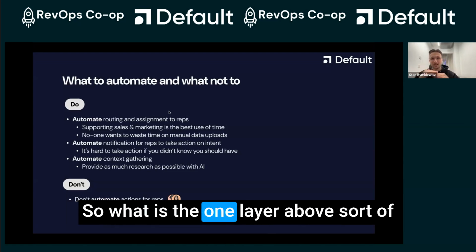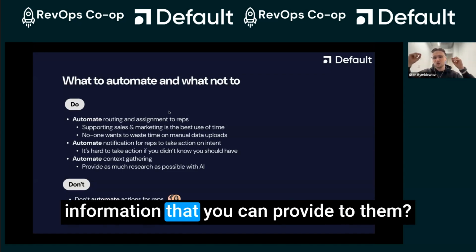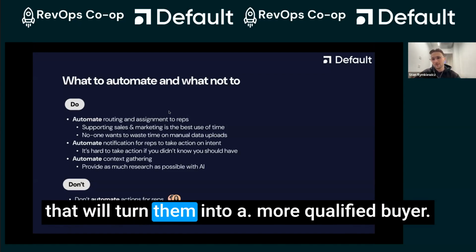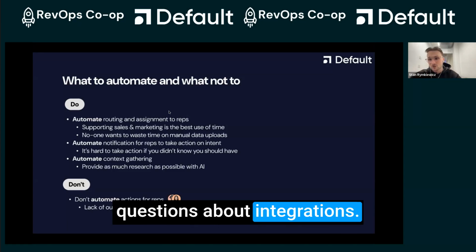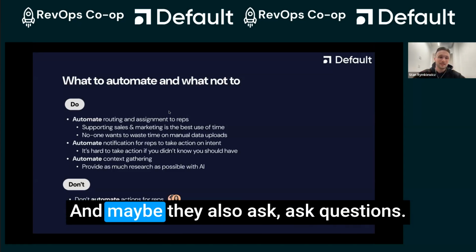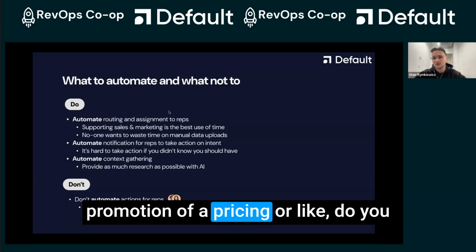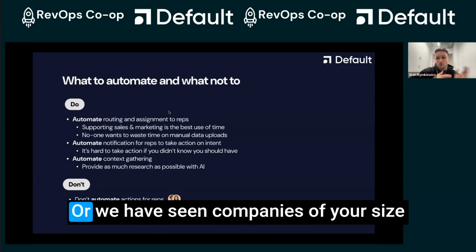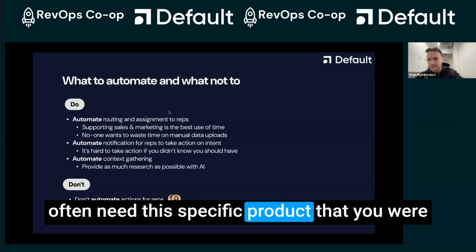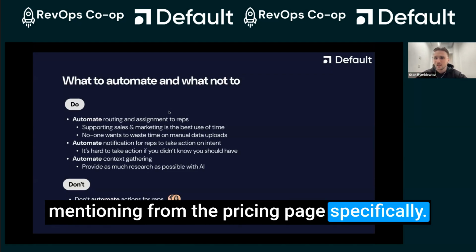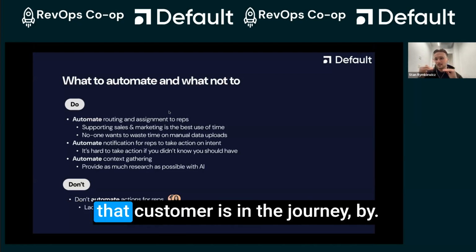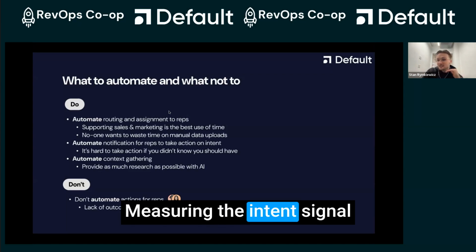So what is the one layer above, the information that you can provide to them that will turn them into a more qualified buyer? Maybe they have questions about integrations. We can lead with that. And maybe we also ask, "Hey, we are running a promotion about pricing, do you have any questions about pricing?" Or, "We have seen companies of your size often need this specific product that you were mentioning from the pricing page." So trying to understand where that customer is in the journey by measuring the intent signal is probably